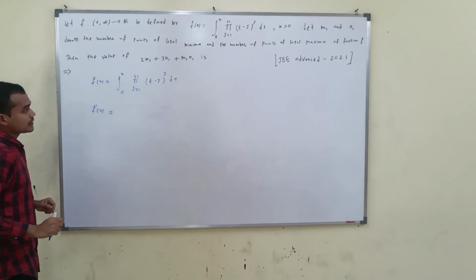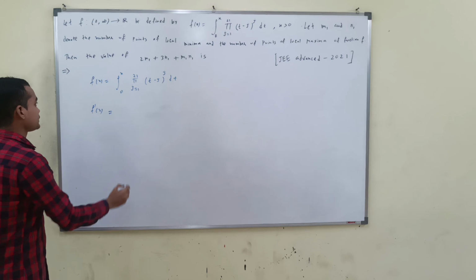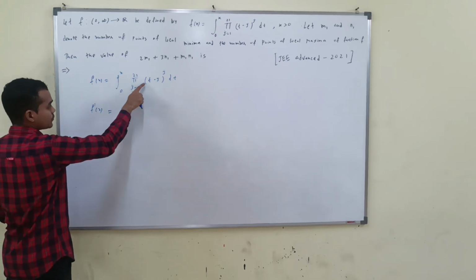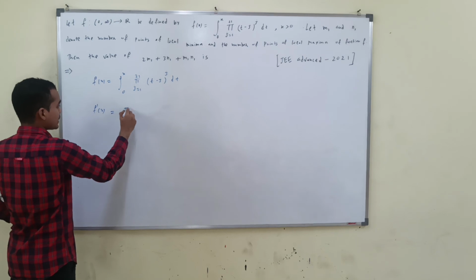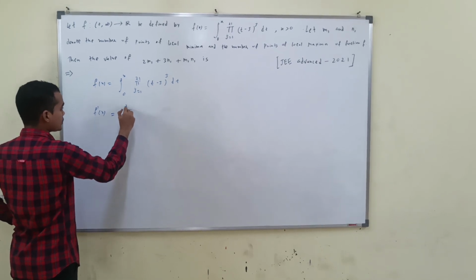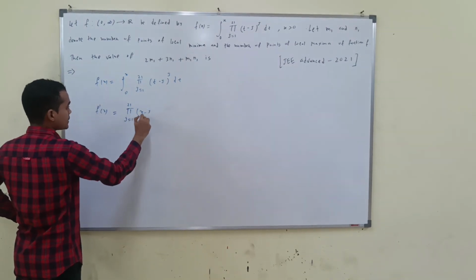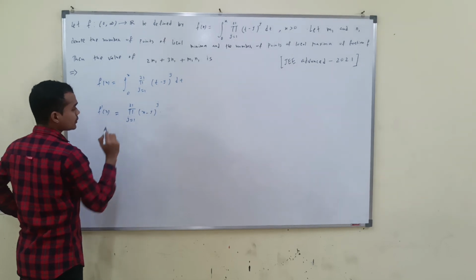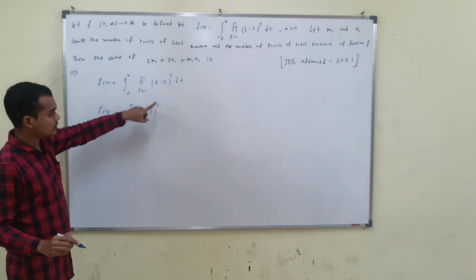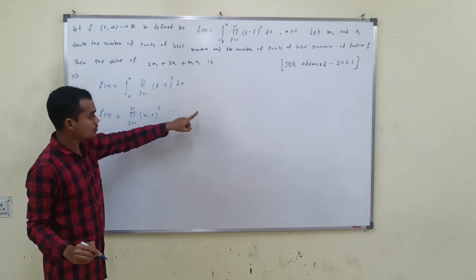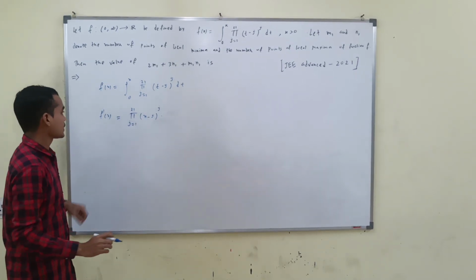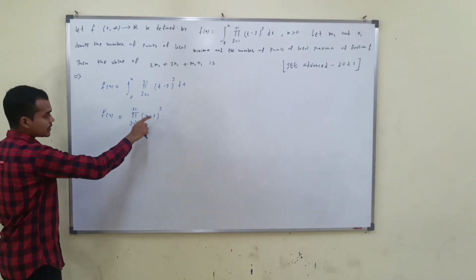Here there is an integration sign, which means we use the Leibniz rule. The upper limit is x in terms of t, so the upper limit is x. So that means the product, j equal to 1 to 21, of (x minus j) power j, into the derivative of the upper limit, which is 1, minus the lower limit term, into the derivative of 0, which means 0. That means f dash is nothing but this function.